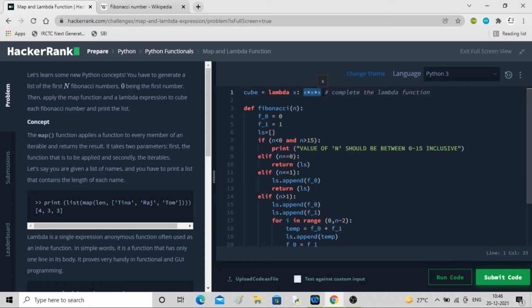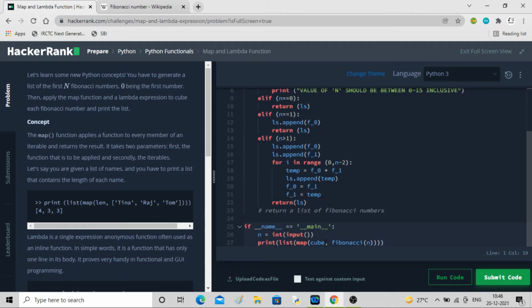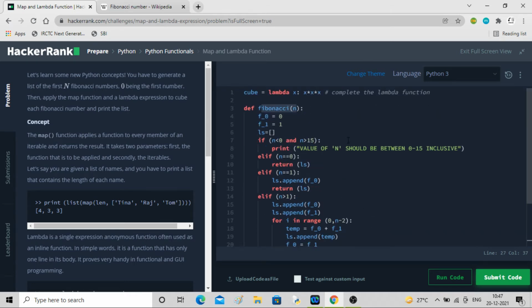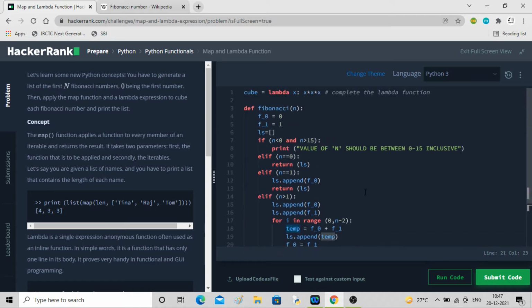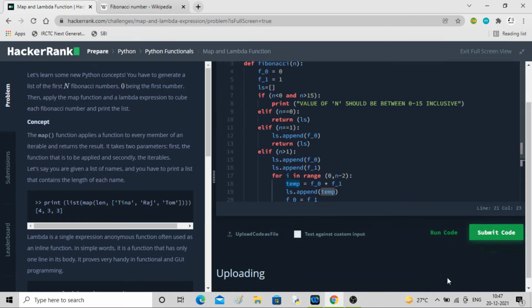Power, star star: if the x value is 2, then 2 times 2 times 2. So what it is doing is taking each element in the Fibonacci series, cubing it, and returning it in list form and printing it. Okay, so let's run the code.